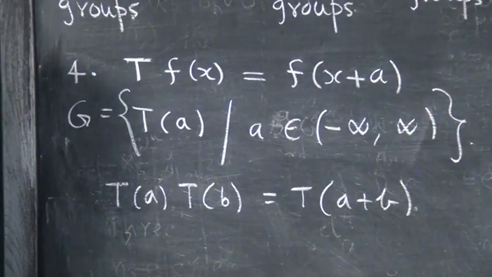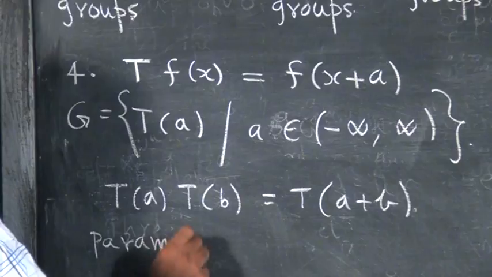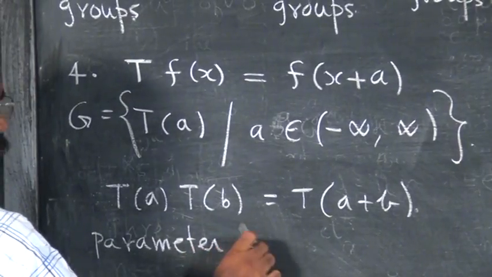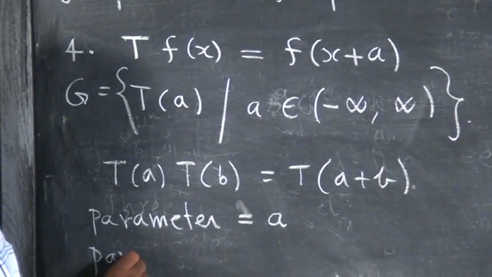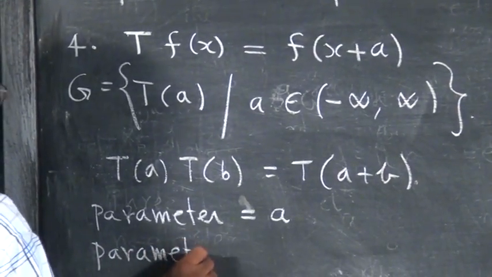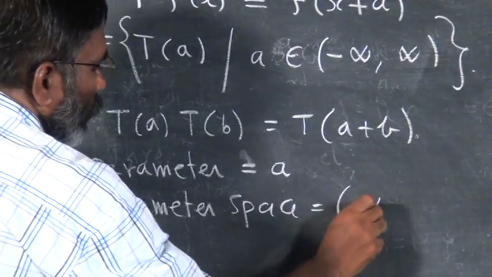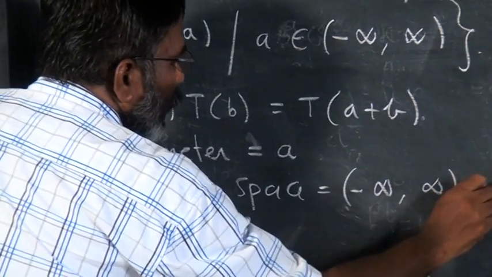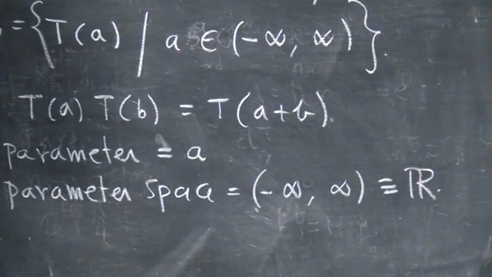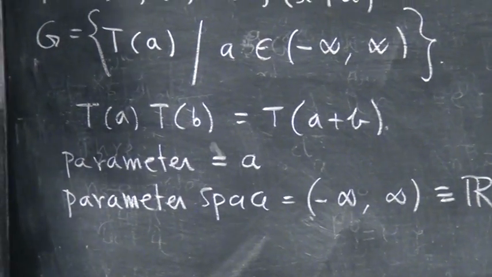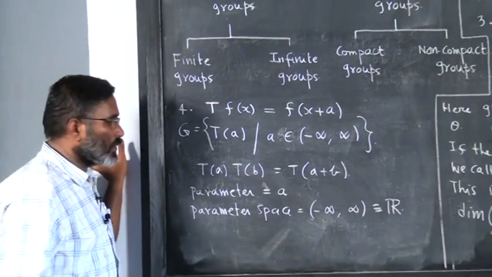Correct? So what is the parameter? Parameter is a. What is the parameter space? Parameter space is minus infinity to infinity, that is the entire real line. Is this closed? There is no bound, so it is not a compact group. This is an example of